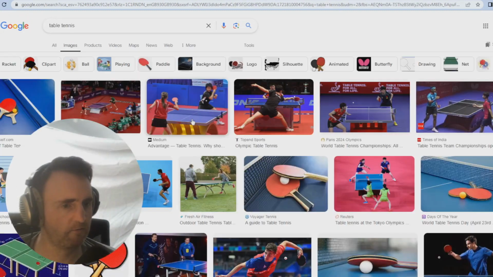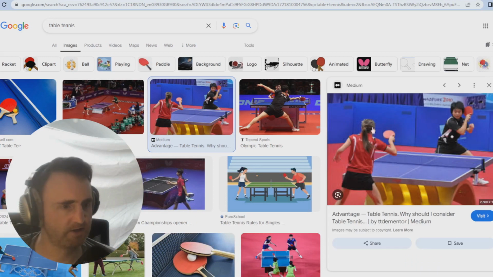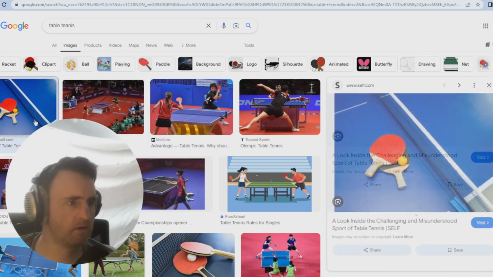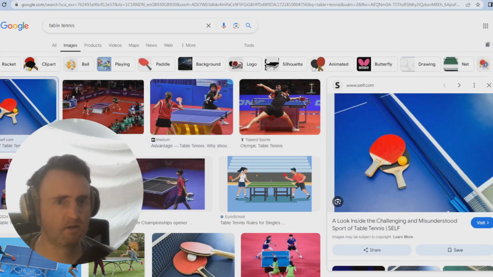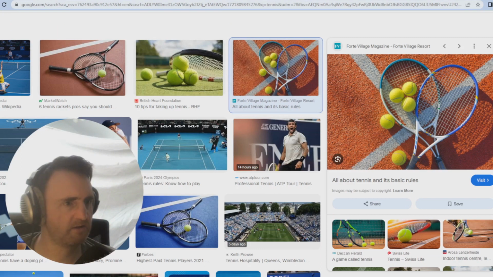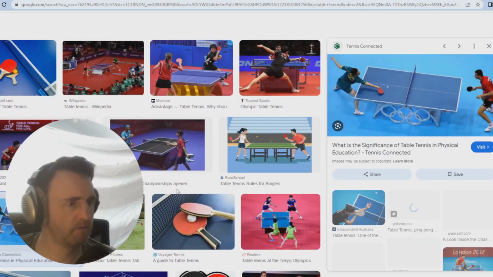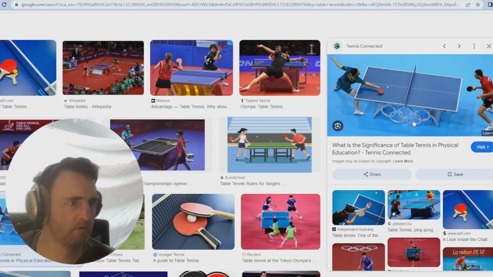Another fun sport is table tennis. Sometimes this is called ping pong. It's kind of the slang name for it, but table tennis. It's the exact same as big tennis, but you use a little, well, it's not a racket, that's a paddle. So use your table tennis paddle and your ball, and you play on a little table. And obviously it's an Olympic event.